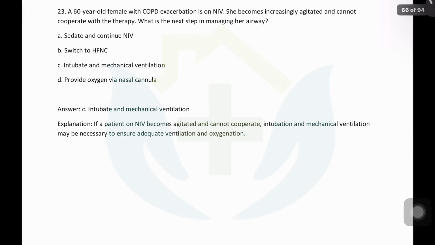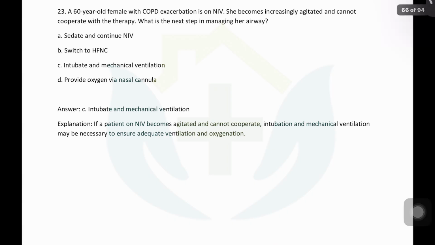And if you sedate this patient and continue NIV, what are the possible outcomes? So we will go slow. Number one possibility is that she will become comfortable and she will be on NIV. But gradually she may retain carbon dioxide because the respiratory drive may go away. Second, she can aspirate because of the NIV and you have sedated the patient. If she vomits, she will aspirate. So there are two prongs. One is that she can get better before she worsens. Second is that she worsens right away.